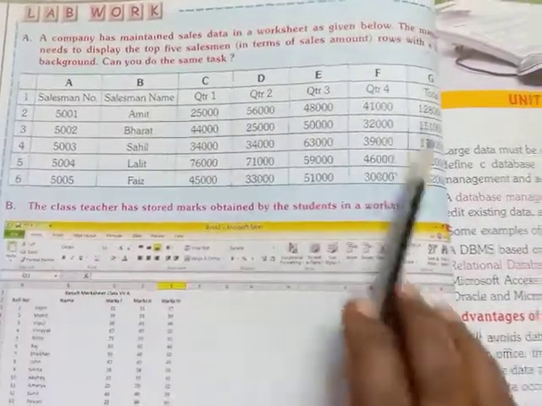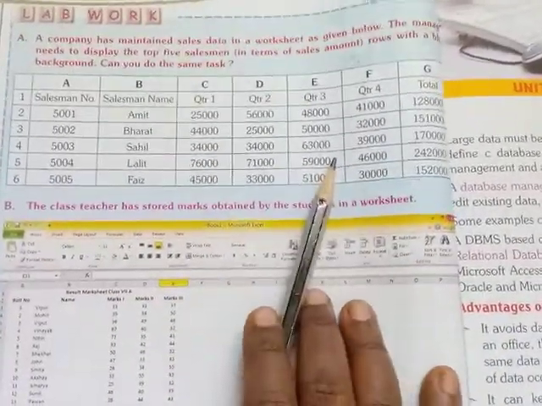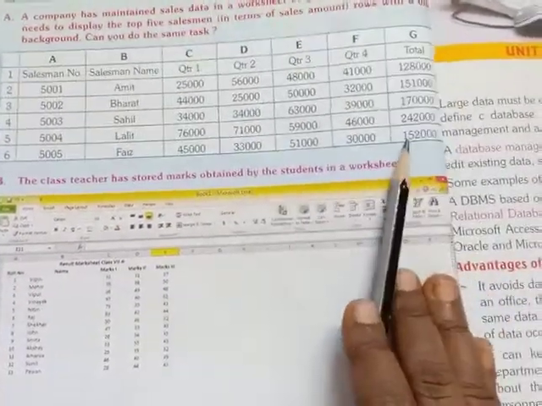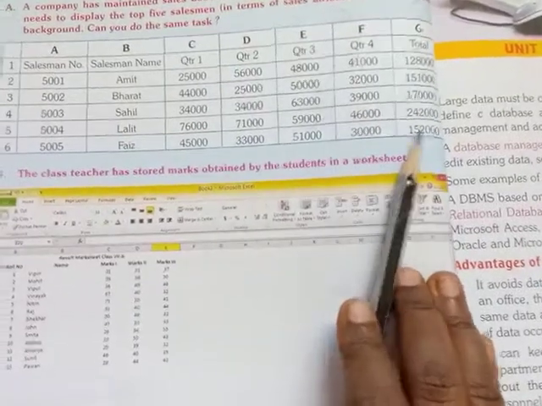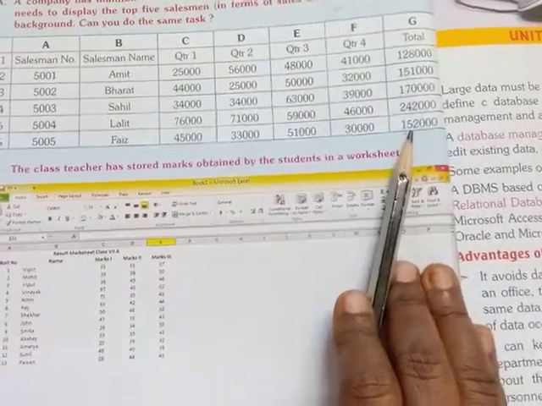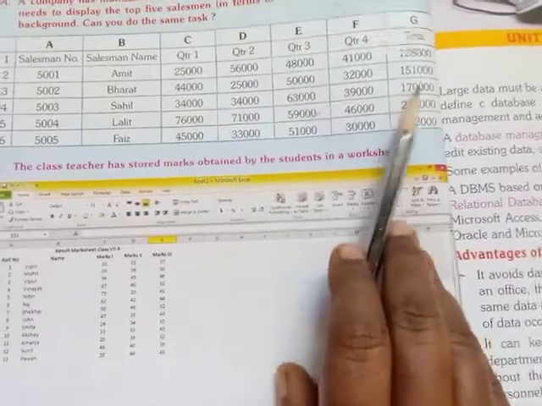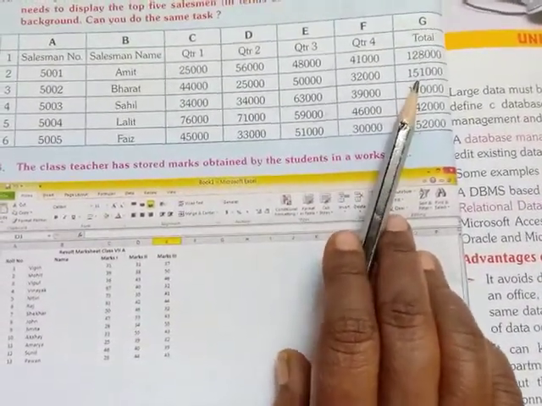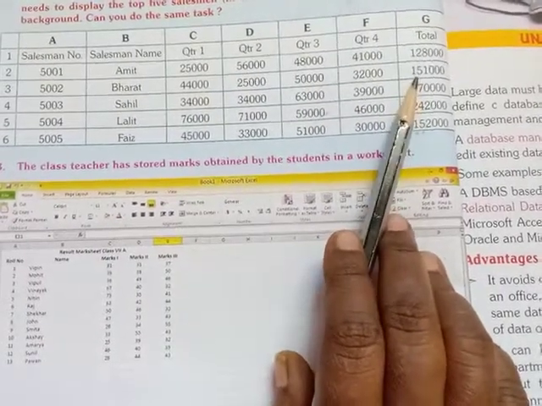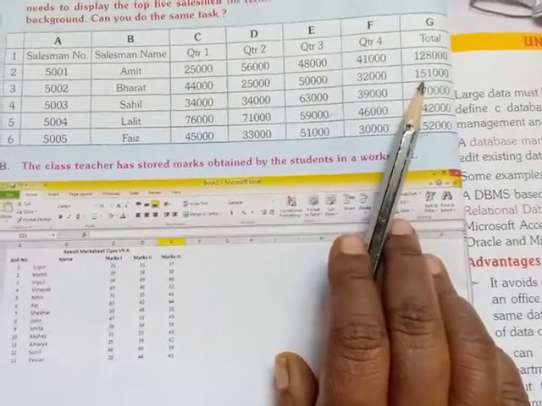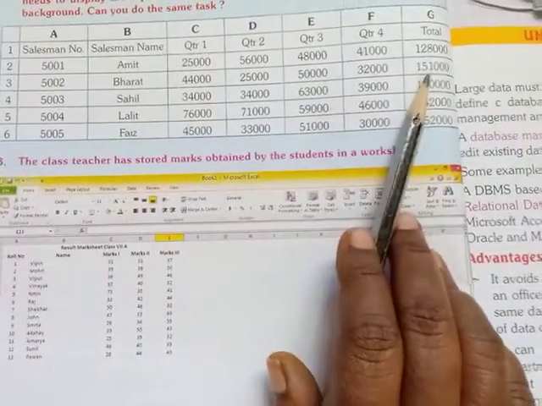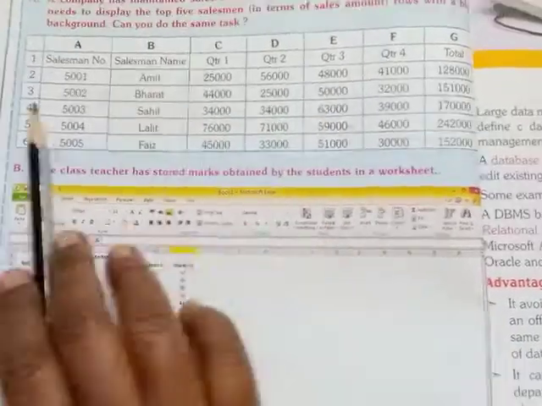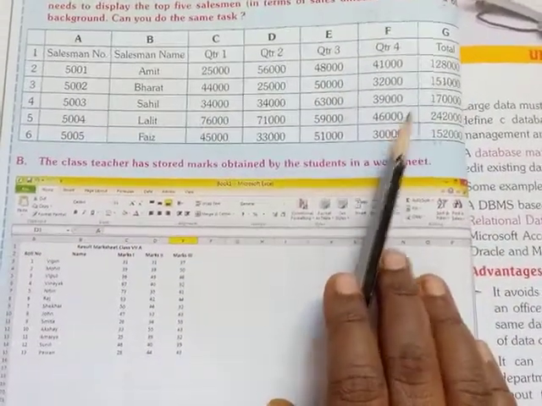After that, select the cells and give the background blue color. Otherwise, you can use conditional formatting also. Whichever is the lowest number among the top five, give that number as a condition. Here, what is the lowest number? I think 1,51,000 is the lowest number. So you give the condition greater than or equal to 1,51,000, blue color. If you choose like that, all of these will become blue color, children. That is also something you can do.